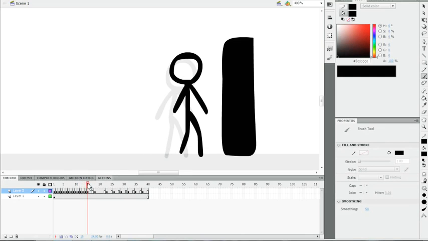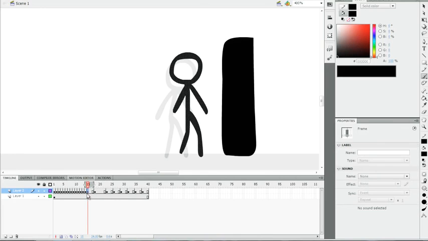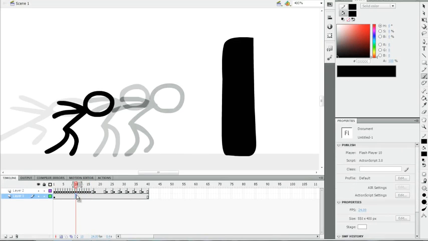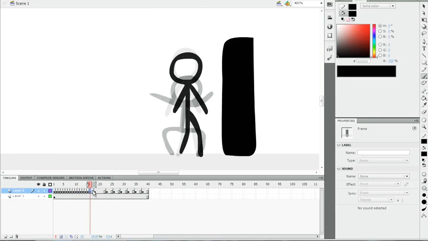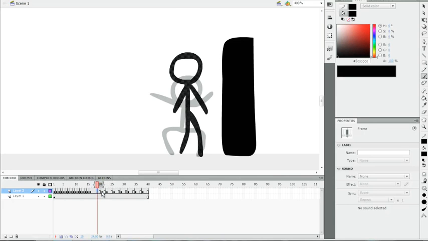Okay, so we want to give him some overshoot. So I'm going to move this frame over and then add an extra frame where his head is actually taller than he actually is. See how that looks. Yeah, it looks good. Whoop. And so this frame we're going to move over so he has time to go down into that pose, and we're going to